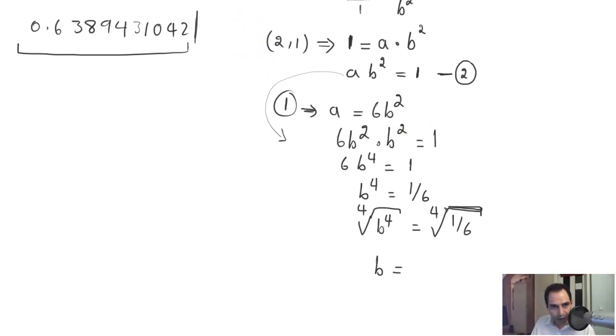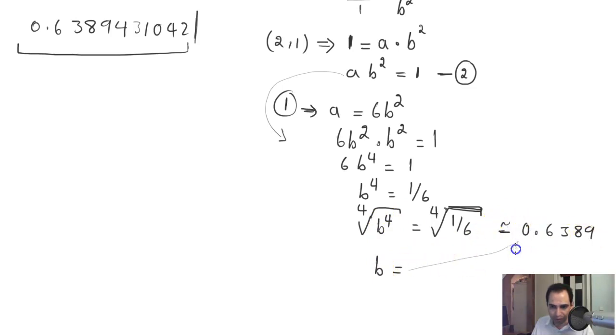But the calculator gives me just this sort of answer. Now, if I were to round it to, for example, 4 decimal places, I would write this as approximately equal to 0.6389. But it's not a good idea to do that, because